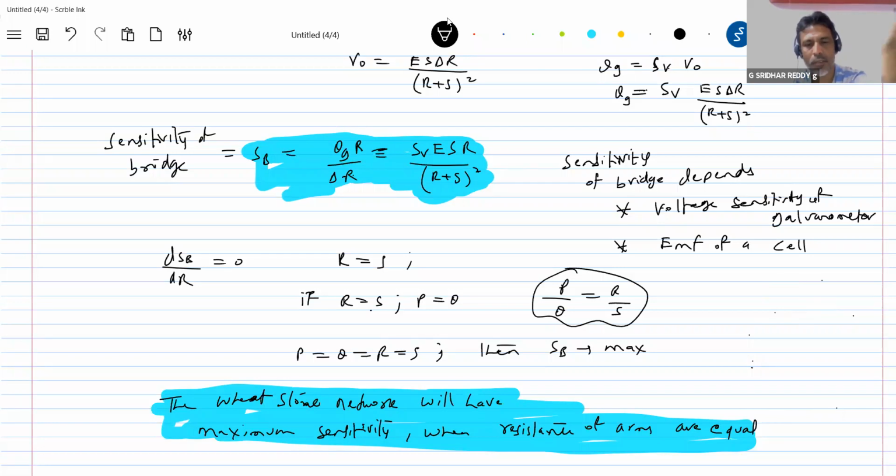So finally, what is the basic idea? P equal to Q equal to R equal to S. You have to remember this formula. This is very important for the exam. It has already been asked this year, so there is no possibility of it being asked again; the 2017 Mains paper asked it. This formula is something left over, so you should be very careful. Okay, I'll go for the next type. So this is about the Wheatstone